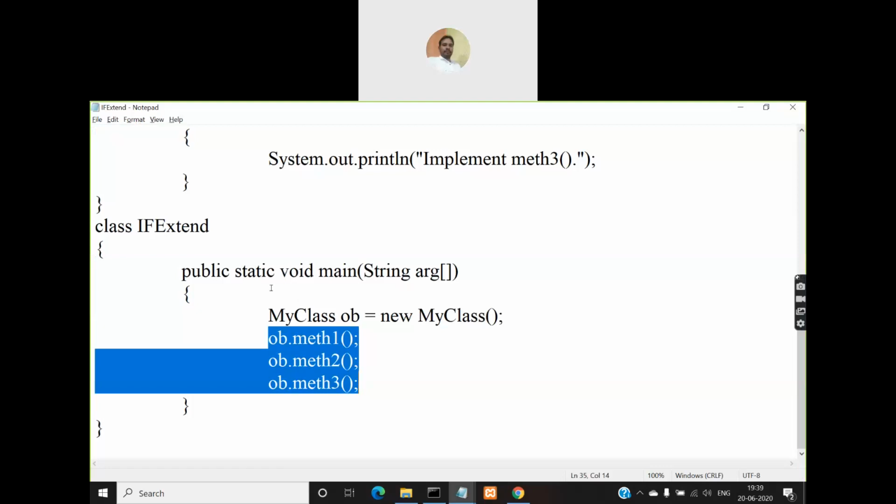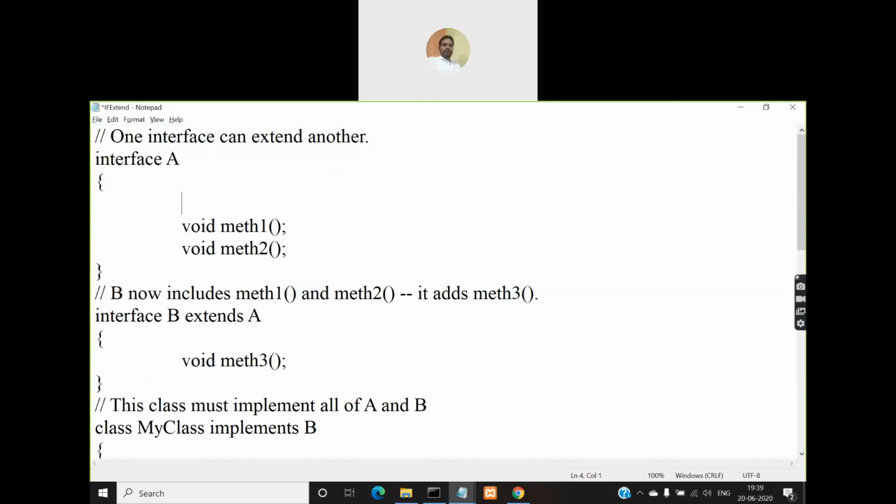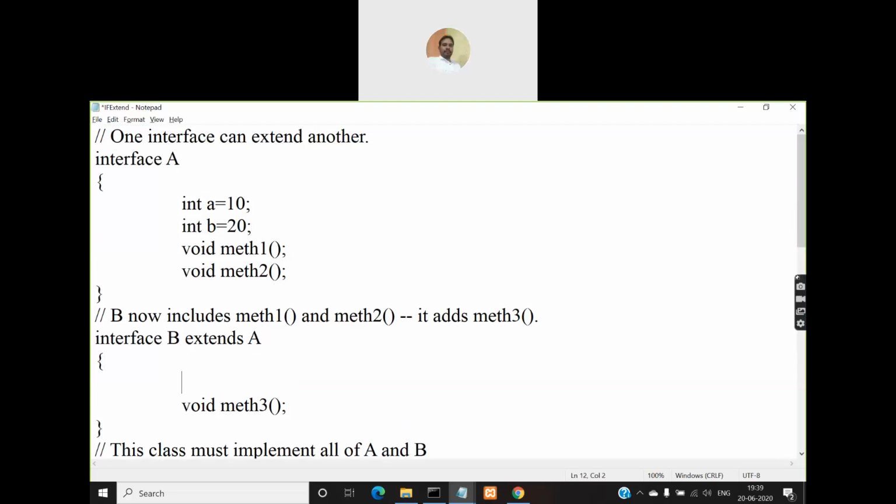So now let us add some variables to this interface. I'm adding two variables to interface A, that is A and B, with values 10 and 20 respectively, and for interface B I'm adding C with value 30.